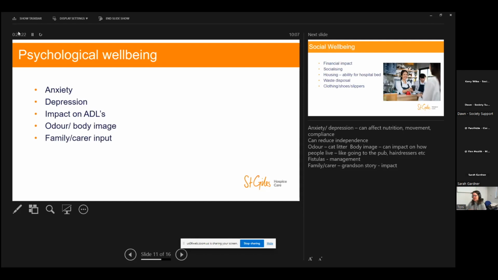So again, it can have that big impact from a psychological point of view. And again, I remember a lady a number of years ago who had fistula. She had a rectovaginal fistula that was constantly draining. It used to take us about 2 hours to dress and pack, and then have to repeat it about an hour later because it was just so profuse.